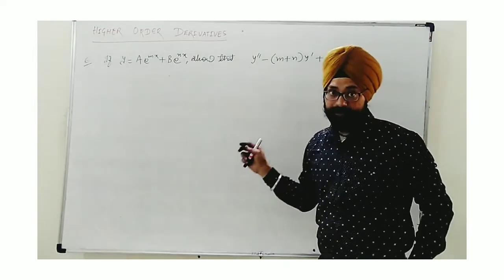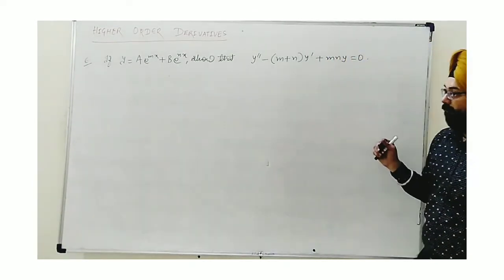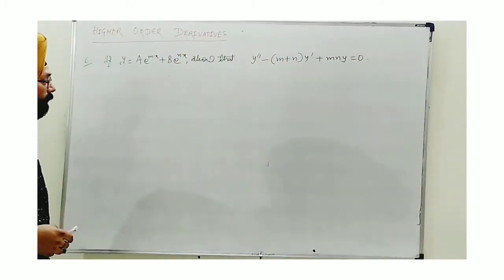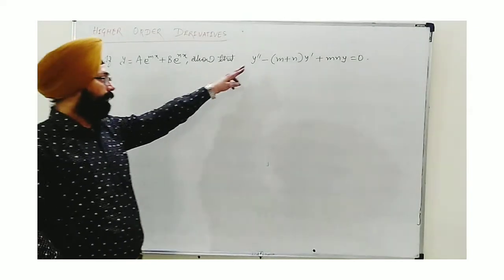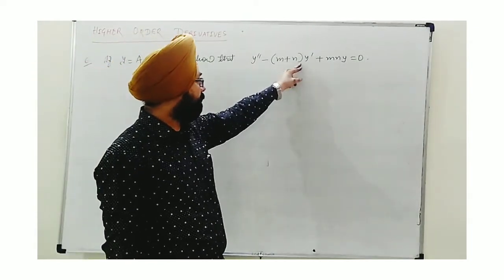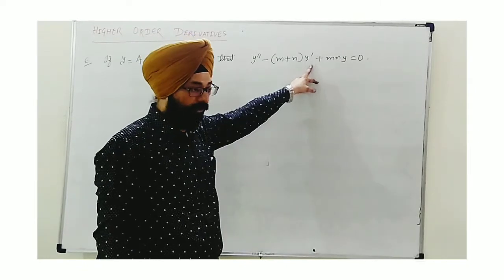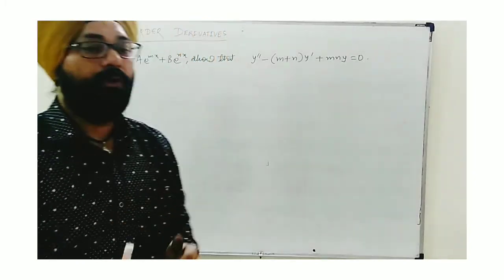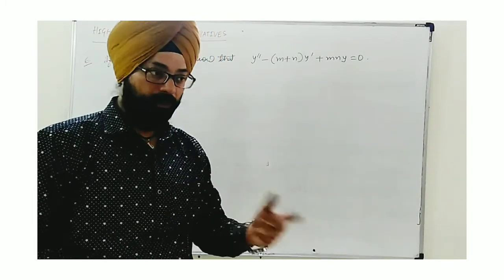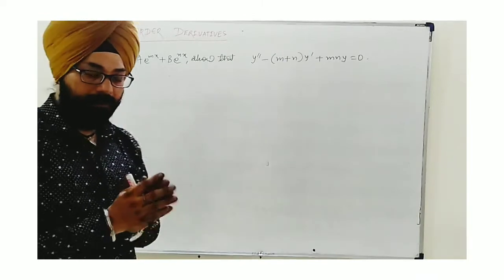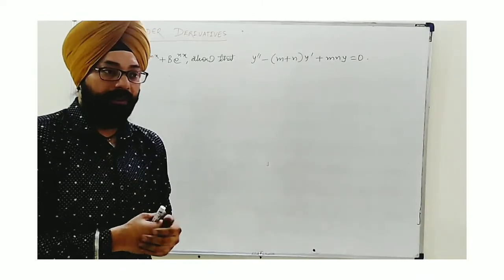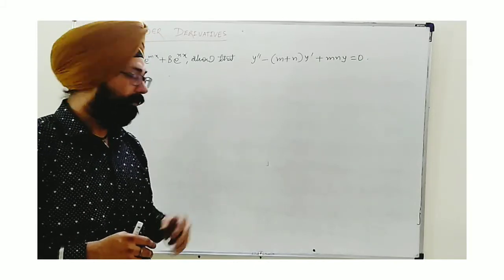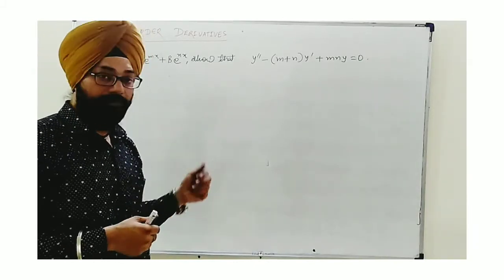Now I am taking this as the last question of this module. Here we are given the function y in terms of e, the exponential function, and we need to prove this one: y double dash, second order derivative, minus m plus n in bracket y dash, first order, plus mny equal to 0. This e raised to the power x, exponential function, keeps repeating, as we know that differentiation of e raised to the power x remains e to the power x. Just like the sin and cos case, this also will keep repeating. That's why we have to be careful.